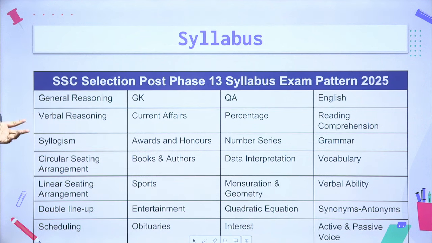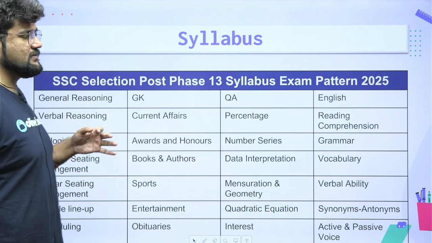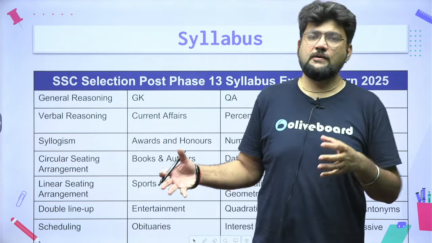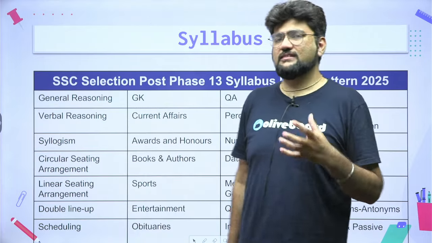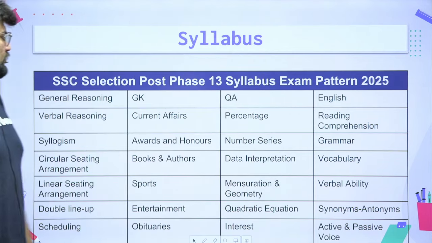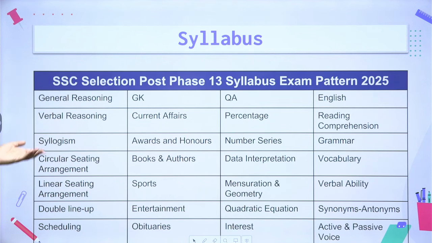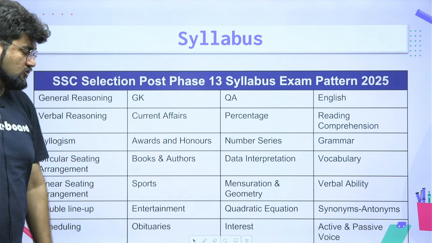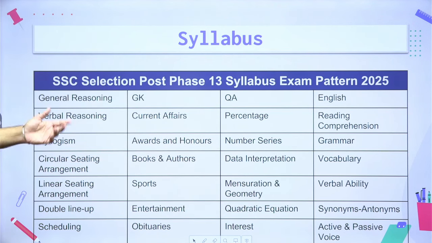So this is the syllabus. Now the syllabus also, I would say, is almost at par or similar with your other SSC examinations, right, for all these 4 subjects, but still there are some topics which are given here. We can just go through those. So if you see, for the reasoning section, we have verbal reasoning, syllogism, circular seating arrangement, linear seating arrangement, double lineup, scheduling. You can see for GK, for quantitative, we have percentage, number series, data interpretation, mensuration, geometry, quadratic equation, interest. For English, we have